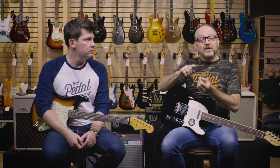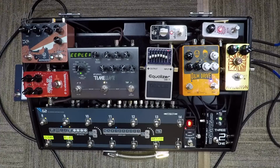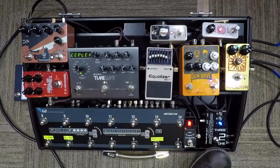Having something that gives you the ability just to boost that mid range, now it can be an EQ pedal even. One great thing about having something like a Tube Screamer or a Klon or boost of the D&M, it also adds a tiny bit of compression as well. So when you go from this,